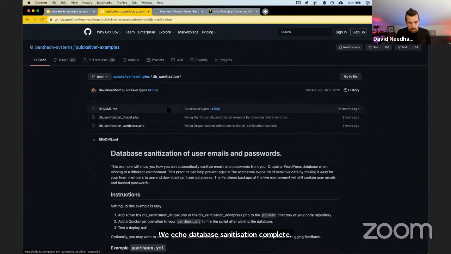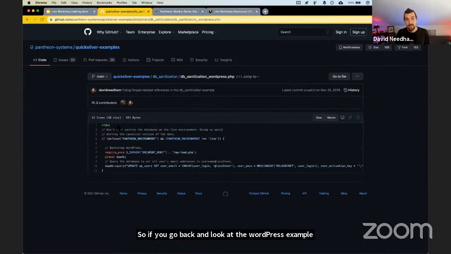So if you go back and look at the WordPress example, unfortunately, there is not a WP CLI equivalent to what Drush provides for Drupal. However, it starts the same way. And then we start by bootstrapping WordPress. We say require once, WP load, and then we define that variable to get started. So then we say, okay,